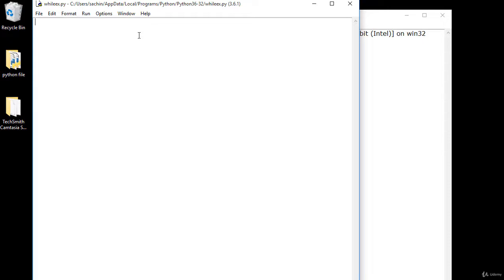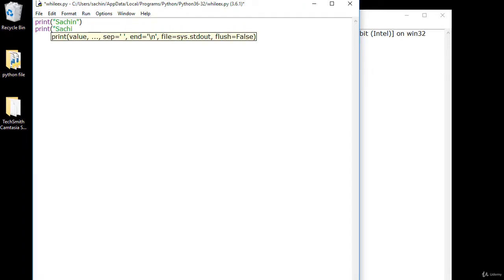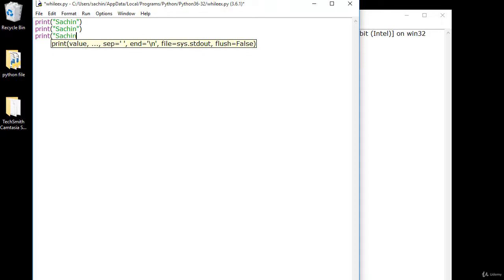Till now we have learned many ways of printing a string, but what if you have to print your name 10 times? It will be very lengthy, because you have to write print again and again, and we'll get so tired if the code is very long and has to repeat.